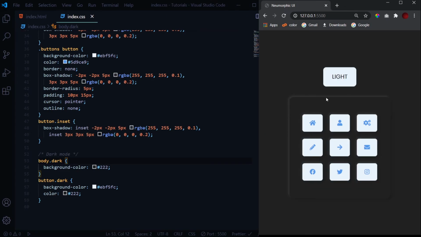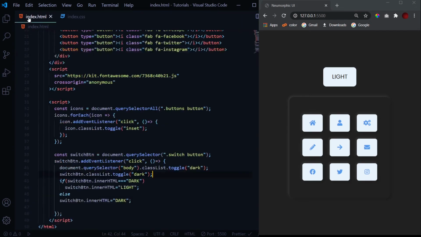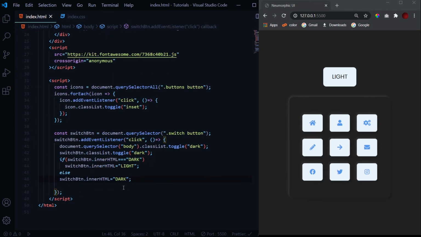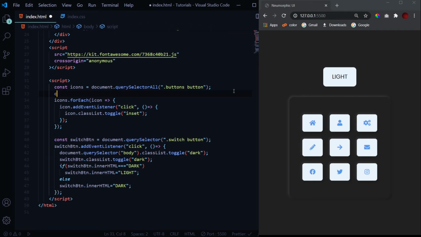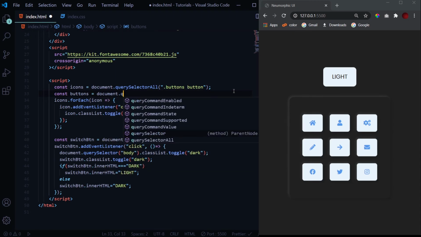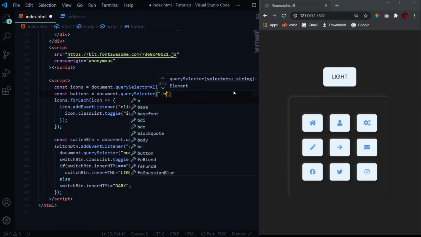Now we need to change the box shadow of this container, and the box shadow and color of every icon inside here. For that, we go back to the JavaScript part. First we need to select this container. So let's select const buttons, document dot querySelector dot buttons.